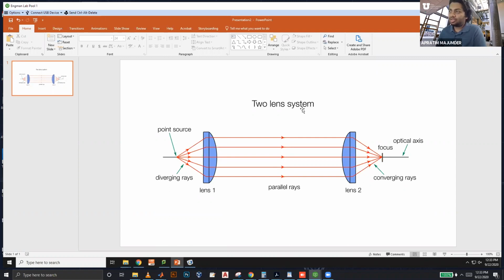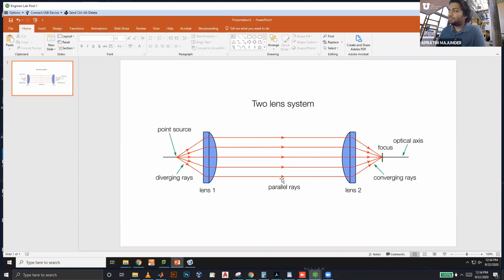So for this tutorial, I've selected a fairly simple problem that I want to simulate using Comsol. It's a two-lens system. As we have already learned from the geometric optics lectures in the last few weeks, if you place a point source in the focal plane of a planar convex lens, light rays are going to diverge away from the point source. And when it goes past the lens, these light rays are going to get bent by the lens in such a manner that if the point source is placed at the focal length of the lens, the rays will become